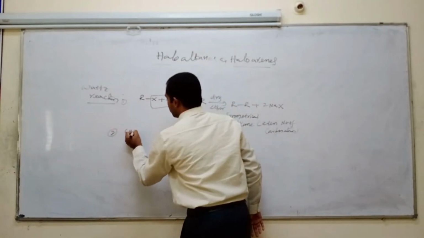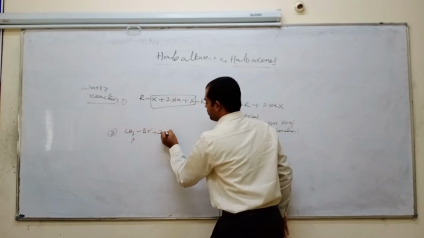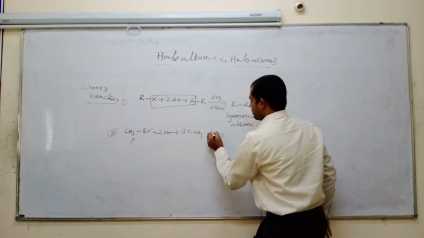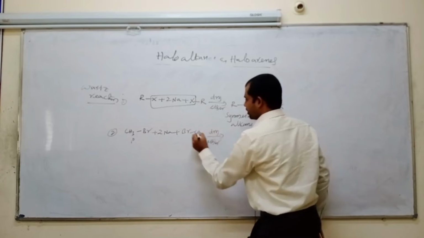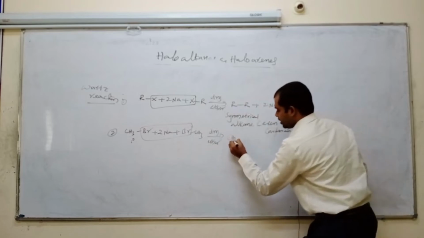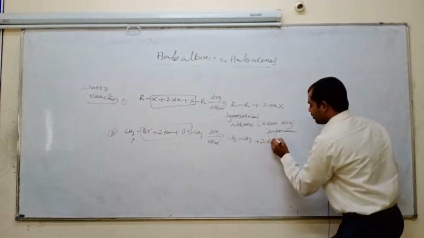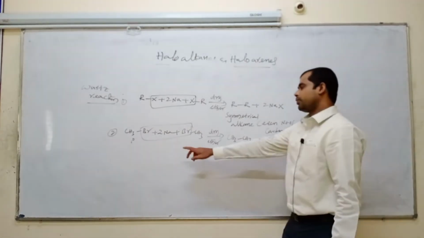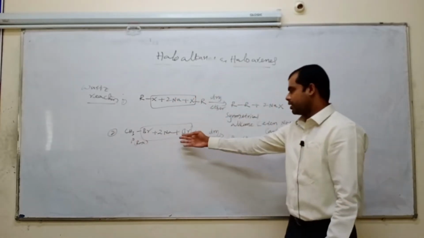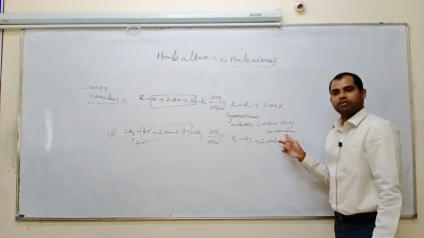Let us see one example. Suppose the alkyl halide you take is methyl bromide. This is a primary alkyl halide. It reacts with sodium in the presence of dry ether. See the product: we obtain the alkane ethane, CH3-CH3, plus sodium bromide. So this is the primary alkyl halide. When a primary alkyl halide reacts with sodium in the presence of dry ether, we get an alkane. How many carbons? 2, which is an even number of carbon atoms.